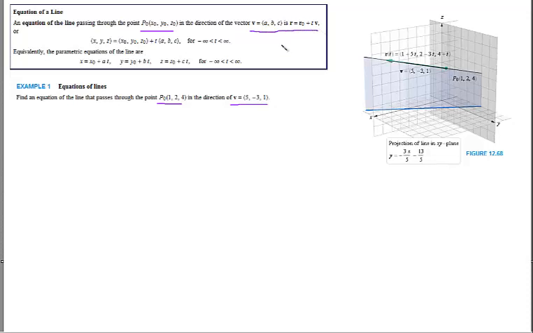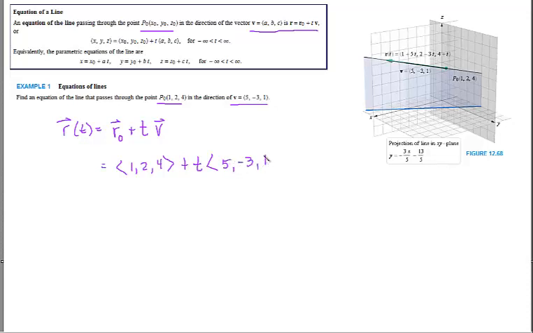I have this point, and if I want to write this as a vector function, which I have all of this information, I can then say that R of t equals this R naught plus t, and then this vector. Let me go ahead and write that each of these is a vector. And how I'm going to write that is just the beginning point, which is that P naught, so that would be the 1, 2, 4 point. That's where I begin, and in time it changes as this 5,